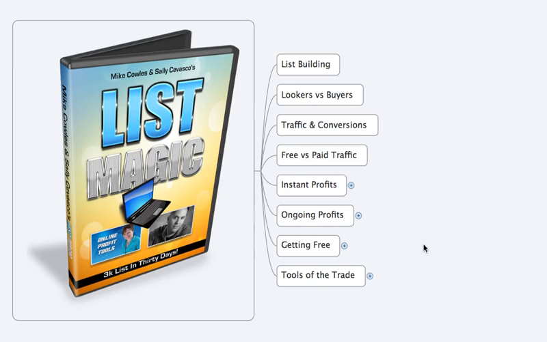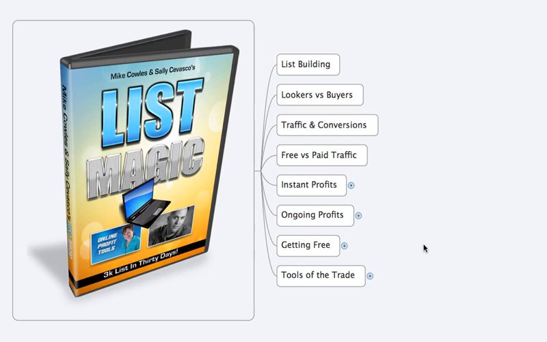So the first thing, as far as building up that list, is you're exchanging something that is valuable and also targeted to your specific audience in exchange for their email address. The way we do this is on a squeeze page, where normally there's just a headline like, free video reveals how to do something, enter your email address for instant access.